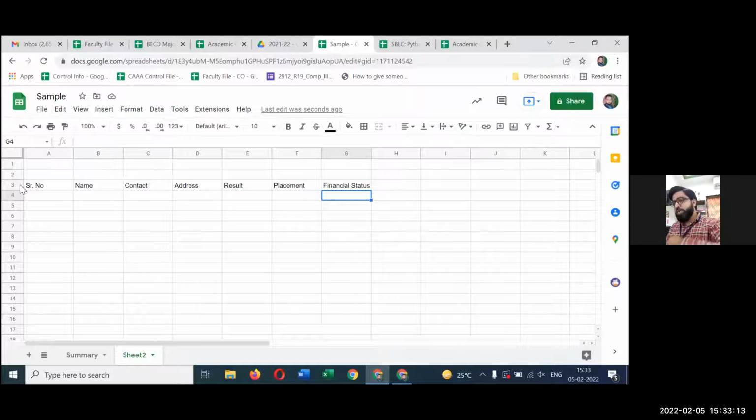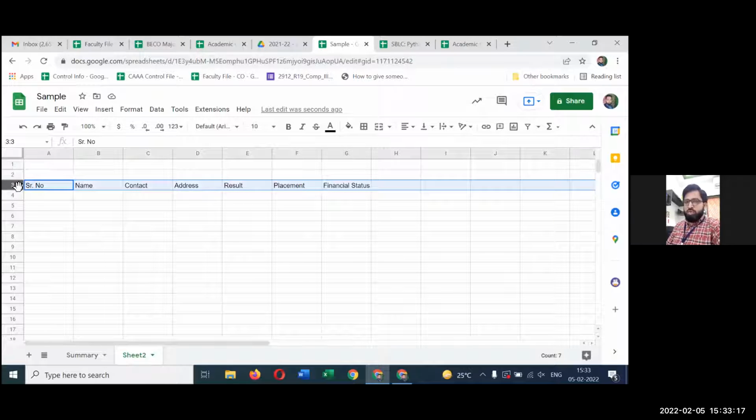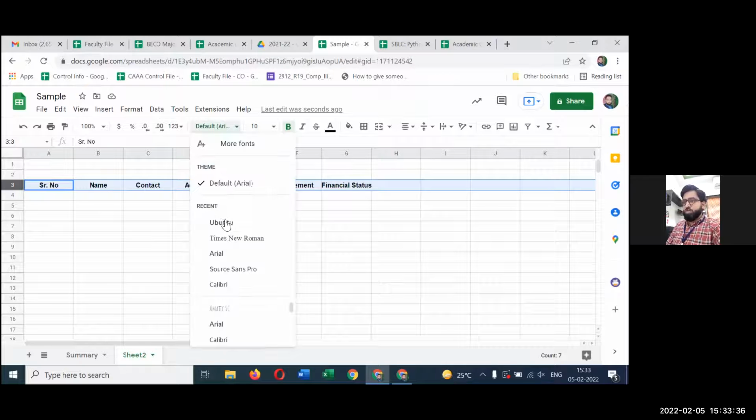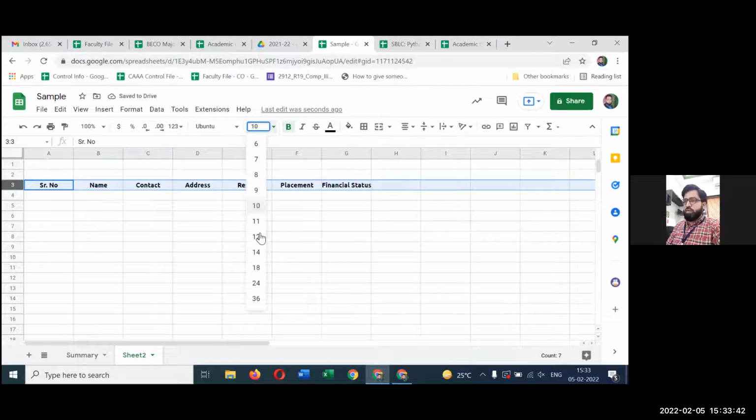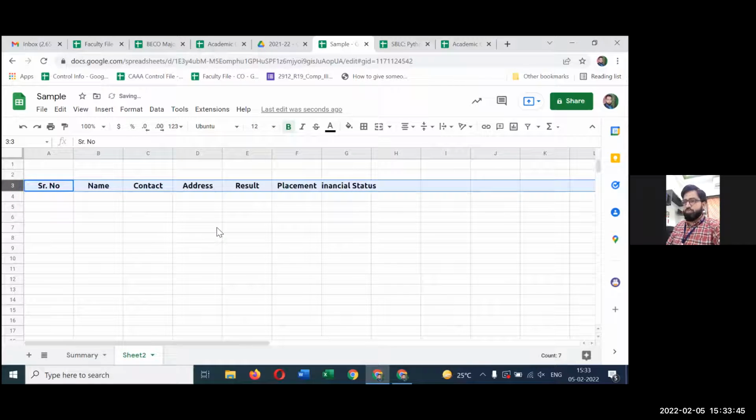This is the header of the data I want to maintain. So I will select this row. I selected this row and, clicking on it, I will make it bold. I will make it center aligned. Here it is center aligned horizontally, and this is the vertical alignment, so I will make it center or middle vertically. Okay. Here I can change the font style. For example, I can go for Ubuntu or Times New Roman. I go for Ubuntu, and I make it a font size of say 12.